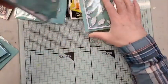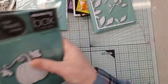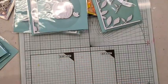Now here I had this adorable little sample and I carried it all the way over here. Oh, nope, I found him. Okay, so